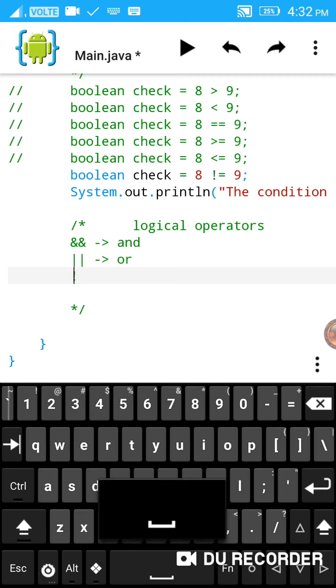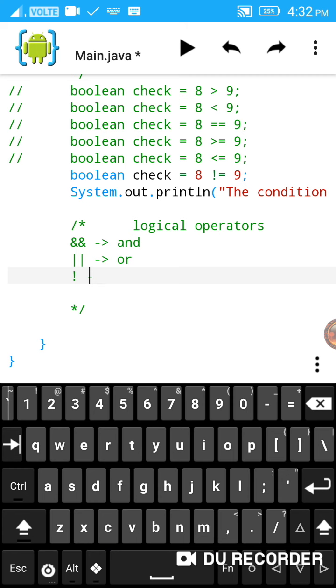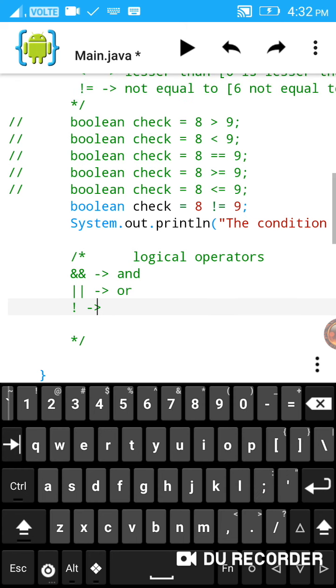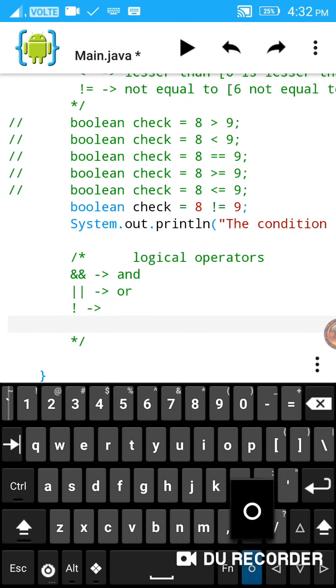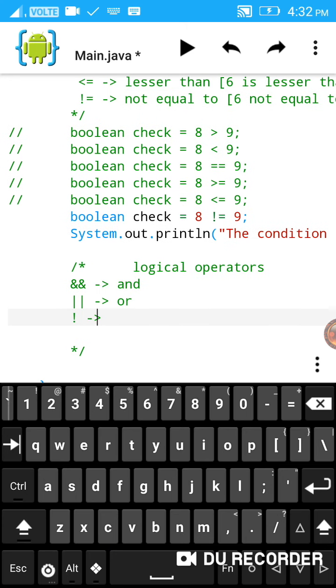If you just write NOT, it's going to be logical NOT. If you write not equal to, then it's going to be a relational operator. Not means just not only. Not equals to just like,